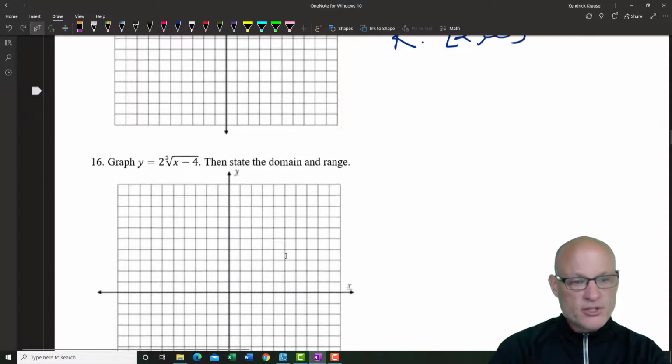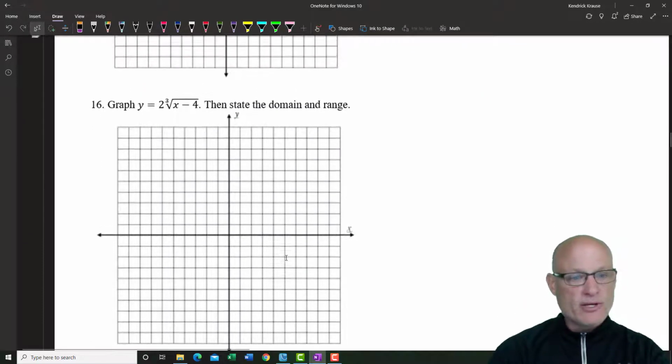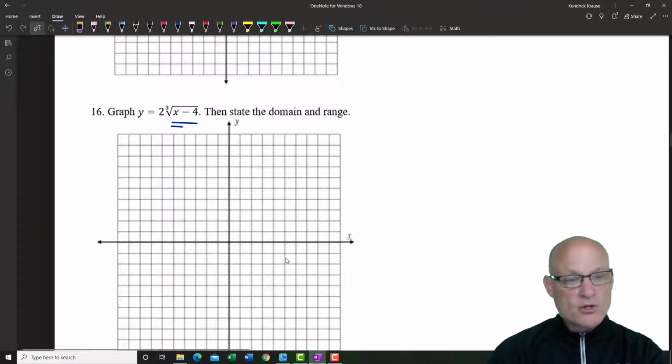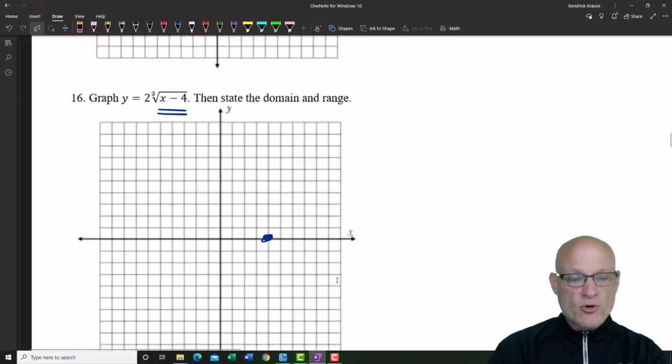All right, here we go. Cube roots. So where are we going? We're going to the right 4. 1, 2, 3, 4. We're not going up and down at all. We're just going to the right 4. Now, normally